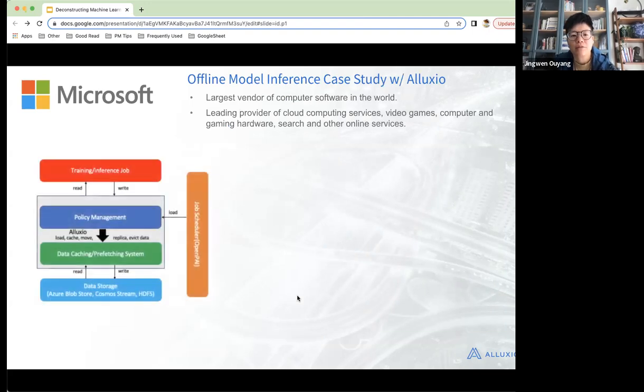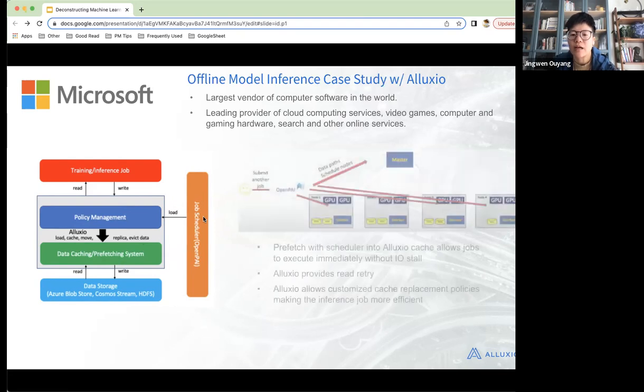So what they have is actually, as I mentioned, the training and inference is almost the same. They do the read and write. There's a policy, they cache the data. For the data storage, there are many different kinds: their own Azure storage, there's HDFS, and then they adapted a job scheduler.